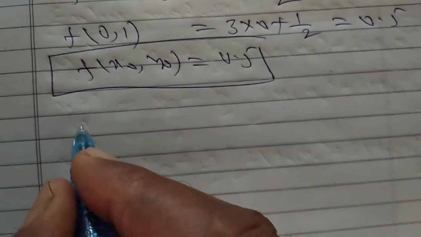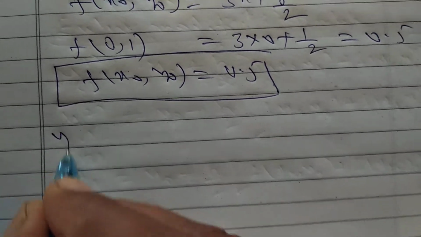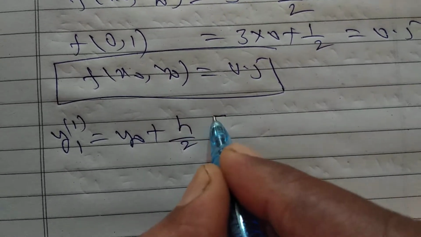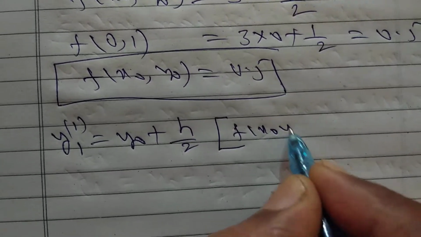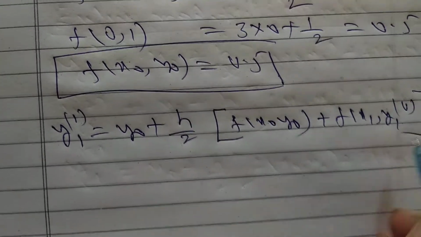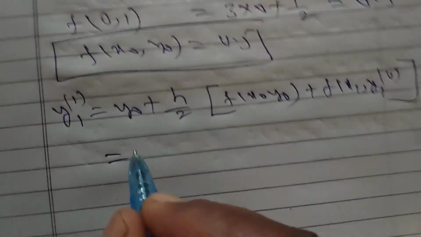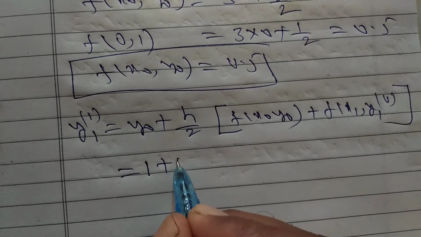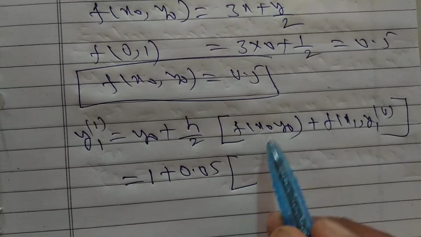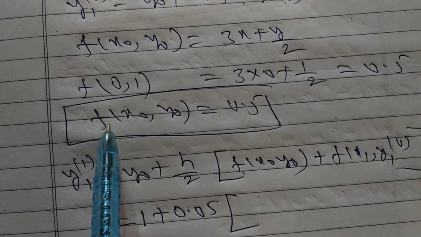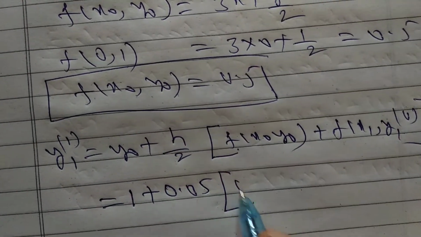So next you have to use Euler's modified formula. What is the Euler's modified formula? y1 to 1 is equal to y naught plus h by 2 into function of x naught comma y naught plus function of x1 comma y1 to 0. Write down that formula. So here already it is given, y naught is equal to 1. Substitute here. h is 0.1, so 0.1 divided by 2, 0.05 into function of x naught comma y naught. It is not necessary to write it here once again, that's why you find it in the beginning only. Function of x naught comma y naught is 0.5, so you have to write that down.